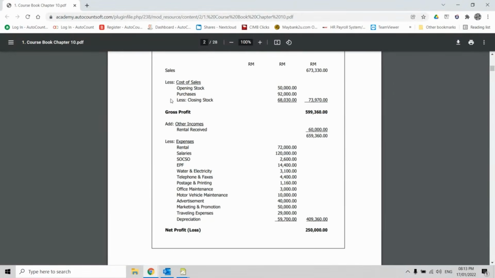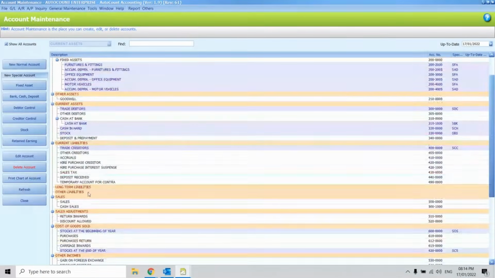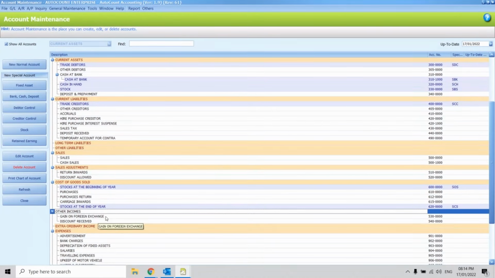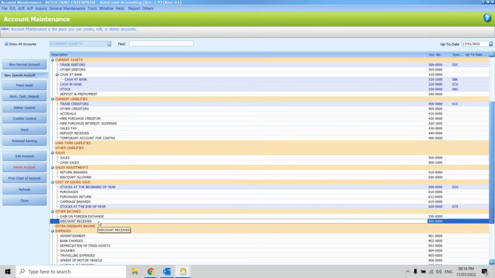Okay. Now, all of these names must appear in your chart of account, or must be relevant to it. For example, you do have all these, but you don't have rental receipt. See, other income, rental receipt. You don't have this. How do I know? I'm pretty sure because if you look at the other income column over here, there are only 2 accounts: foreign exchange and discount receipt. Now, we know that